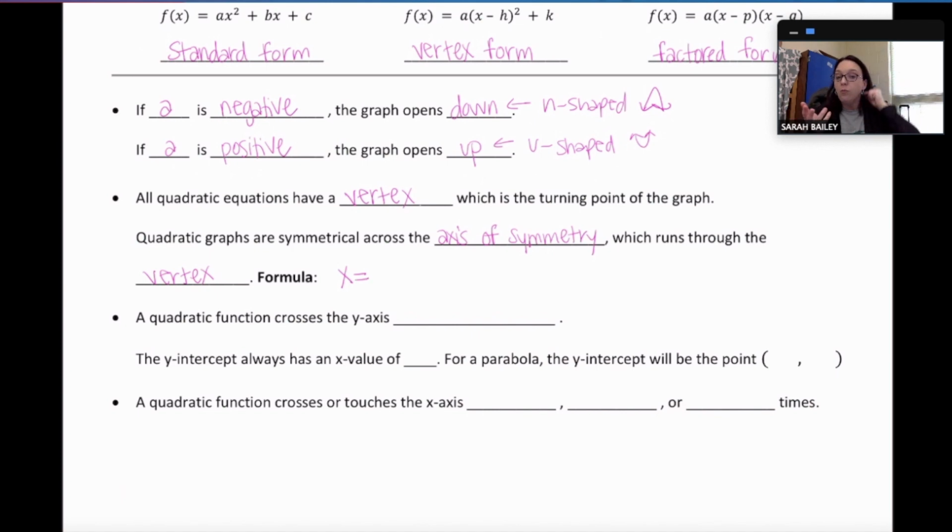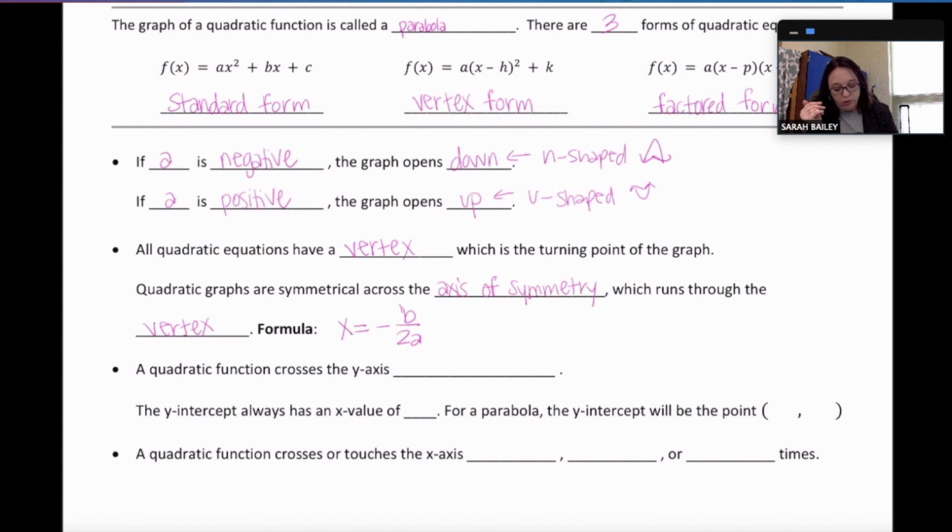To get that number, you're going to do negative b over 2a. So if you know the b value and the a value when the equation is written in standard form,